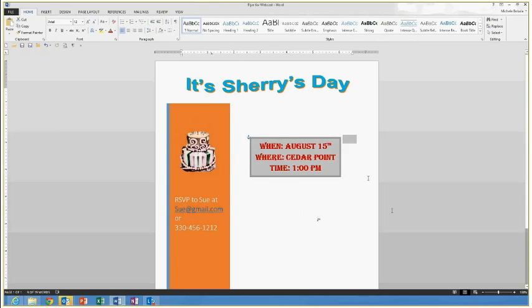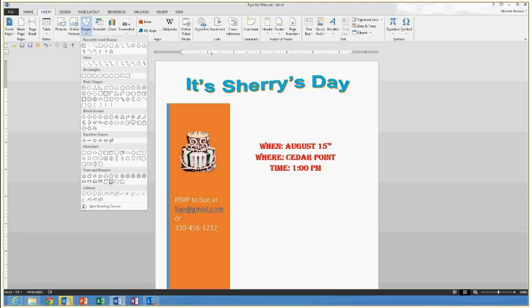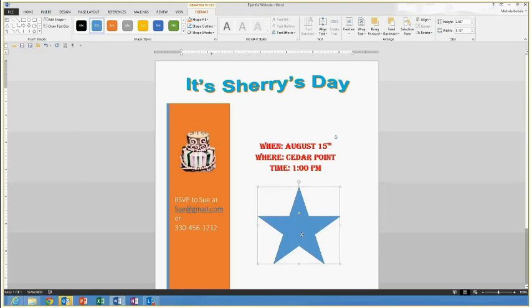Then the other thing too is if we wanted to add a shape, we would go to Insert Shapes, maybe do a star. Now, anytime you see a little yellow square in a shape, if you point to it,